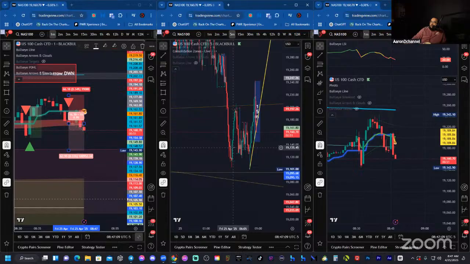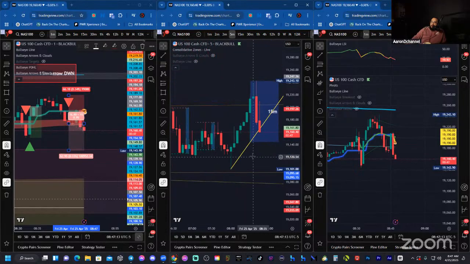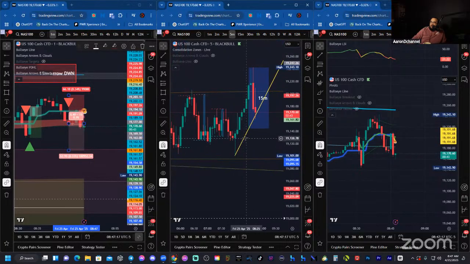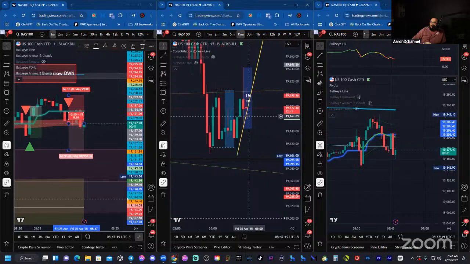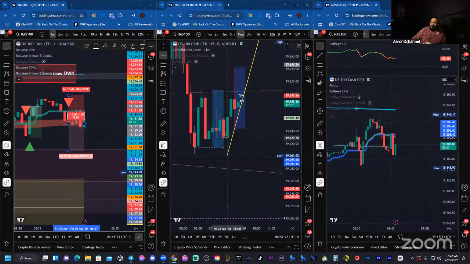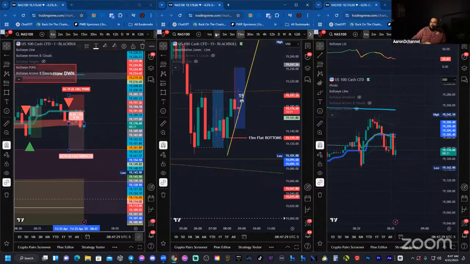I'm gonna go to the 5-minute time frame. I'm more interested in the 5-minute candle, how it closes. Beautiful wicks to the bottom. Got about 2.5 minutes left. And we'll see how this thing reacts here. There's a, what is that, a 15-minute flat bottom? Yeah. So I'm gonna mark that up here. 15-minute flat bottom right here at 8 o'clock. Let's see if we get a reaction off of that low right there.